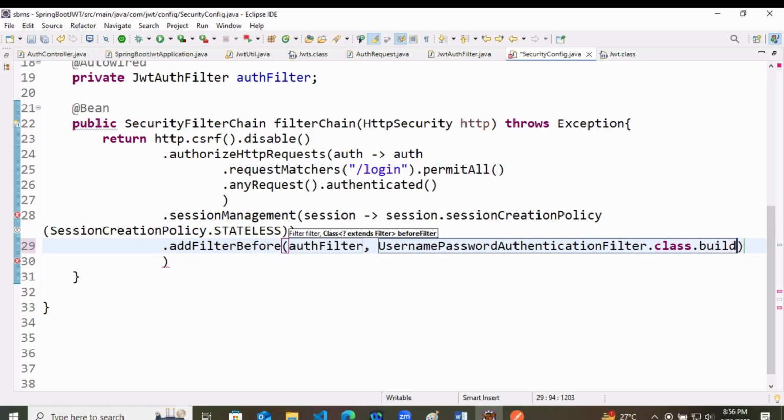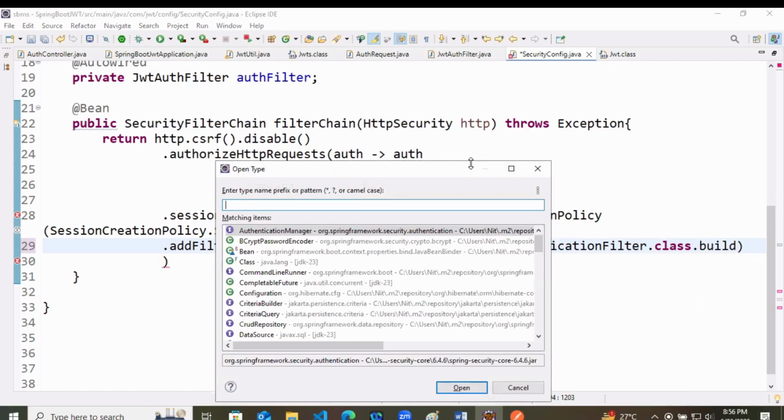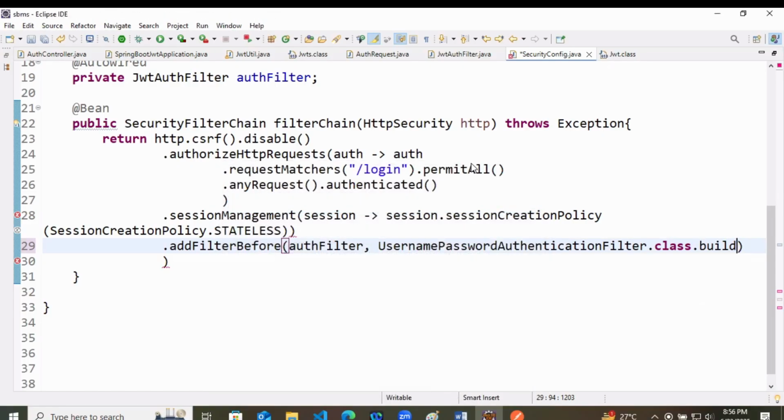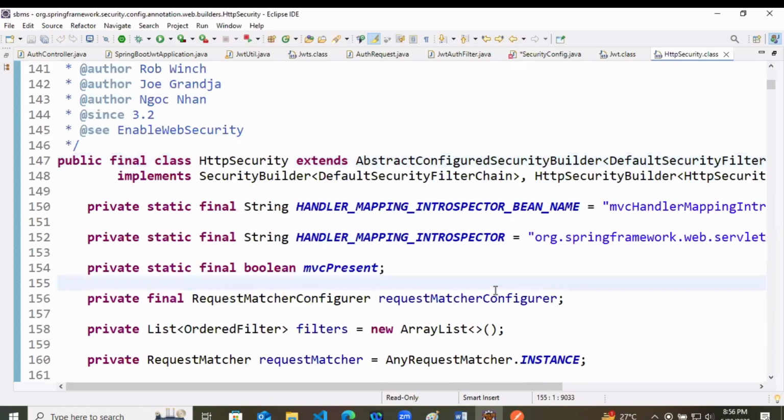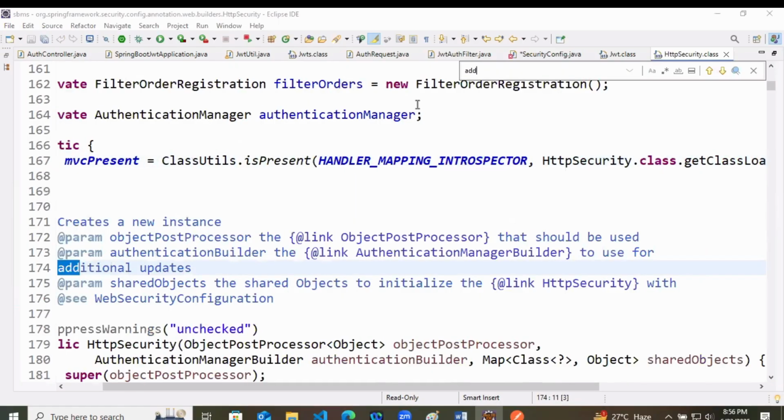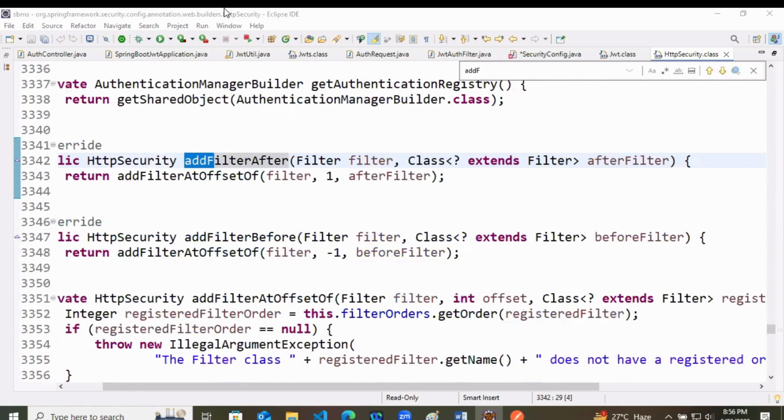Does not have a build method. Wait, HTTP security. Add filter before.